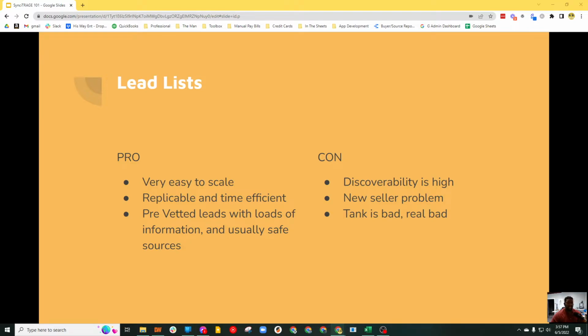The con is that lead lists typically have items that have a high discoverability. And what does that mean? There's tools out there like OA X-ray and tactical arbitrage that will allow a user to go into Walmart or name any website, Target, and scan that store to produce leads.